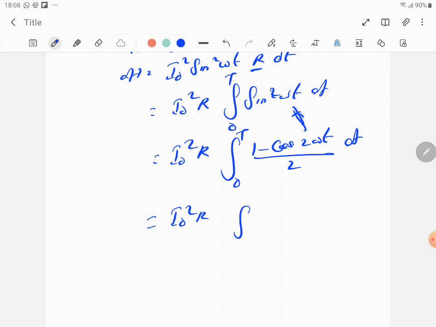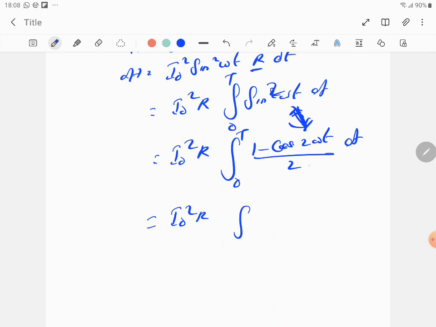First of all, in order to integrate a square value, you can't integrate a square value directly. Integration is just the reverse of differentiation. In differentiation, you don't get sin square theta. Differentiation of sin theta is cos theta. Differentiation of cos theta is minus sin theta. Linear. So to convert into linear, you have to use this formula, (1 minus cos double angle) by 2.